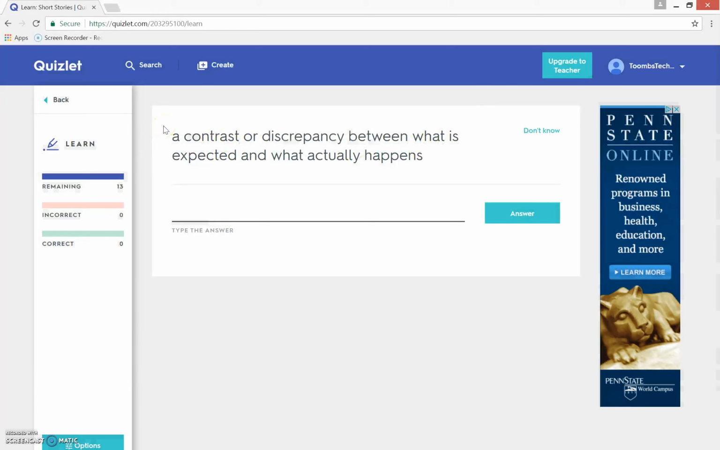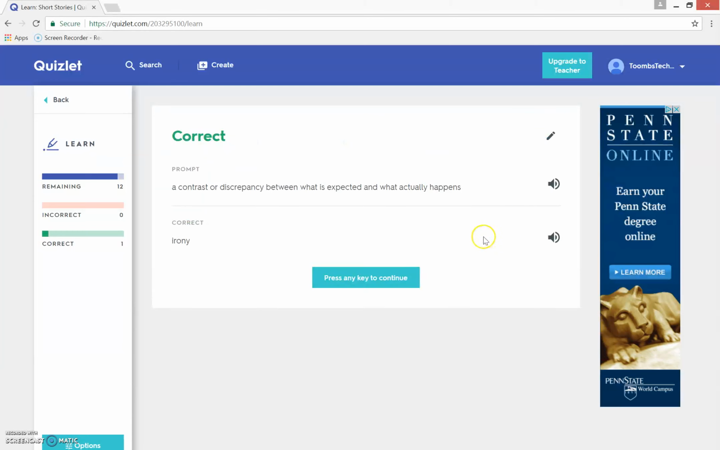I'll have the first question, or the first definition, and I'll need to type in the correct answer. So this is a contrast or discrepancy between what is expected and what happens. And we know this is irony, and we'll answer this question. We got it right. So it's going to tell me that I'm correct. It'll still allow me to go over the term and the definition with audio, and I'll press any key to